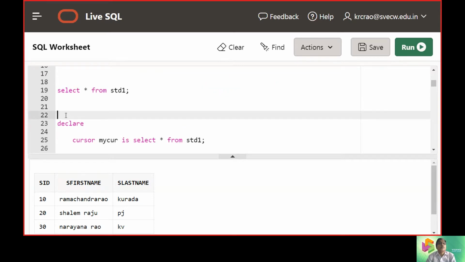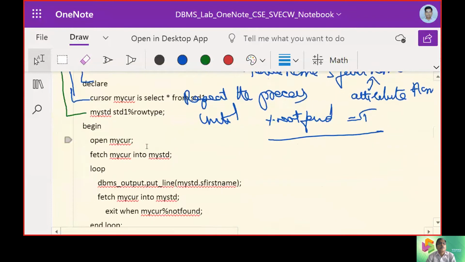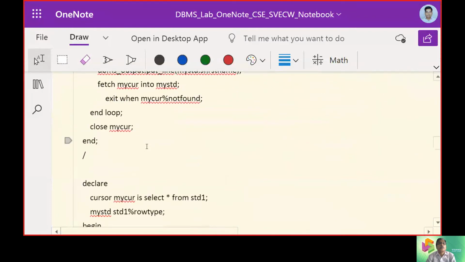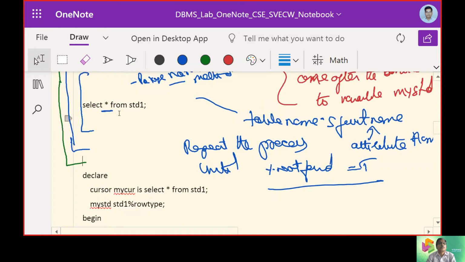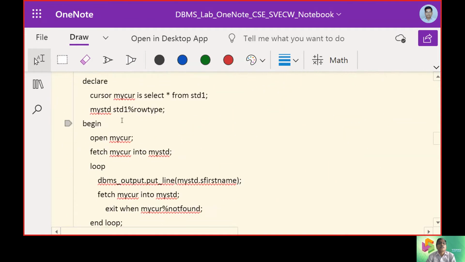So now let us look into the second procedure here. In this second procedure, what was the intention? Now we are creating this cursor.